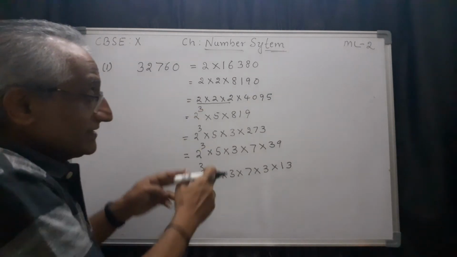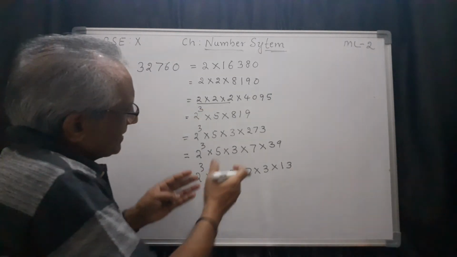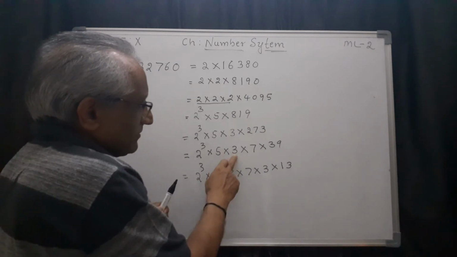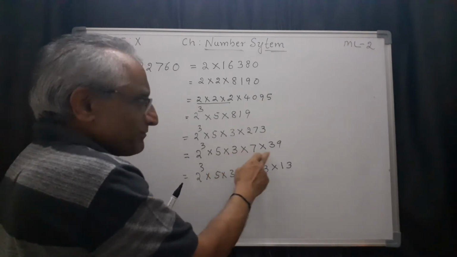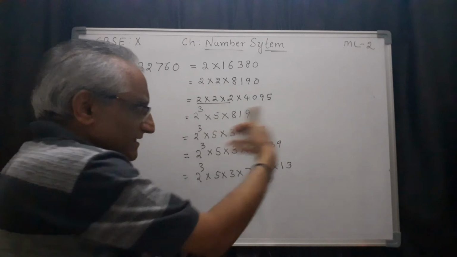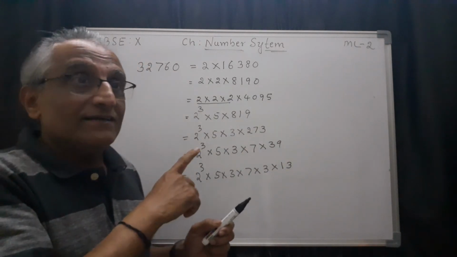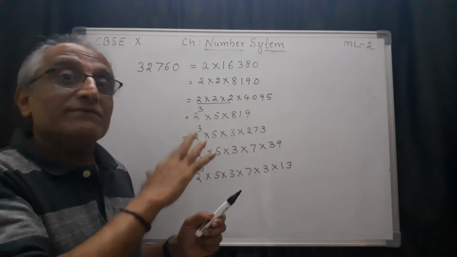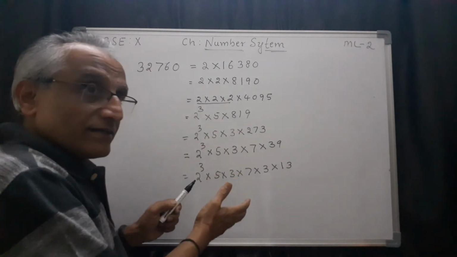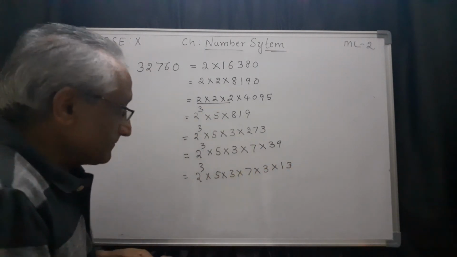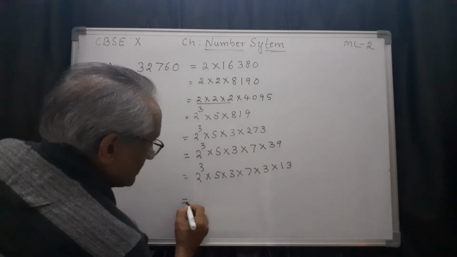See, when you are factorizing, it is your choice. You can take any prime factor. For example, 3 I have taken, next I have taken 7. But you can also take 3 once again and then you can proceed. So this is allowed because in the theorem it is stated, order is not important. It can be in any order. So according to your numerical choice, you can take and then you proceed. So this is the final one.